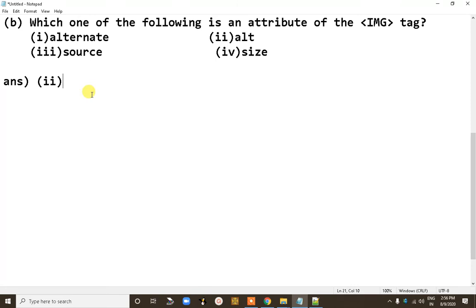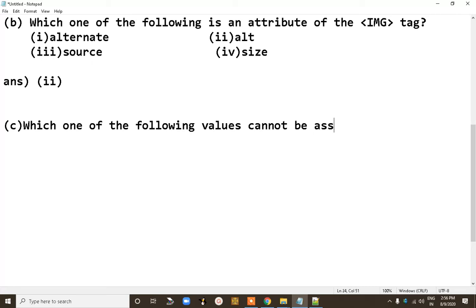Now the third question is C, of the objective MCQ type. Which one of the following values cannot be assigned to the align attribute of the IMG tag?